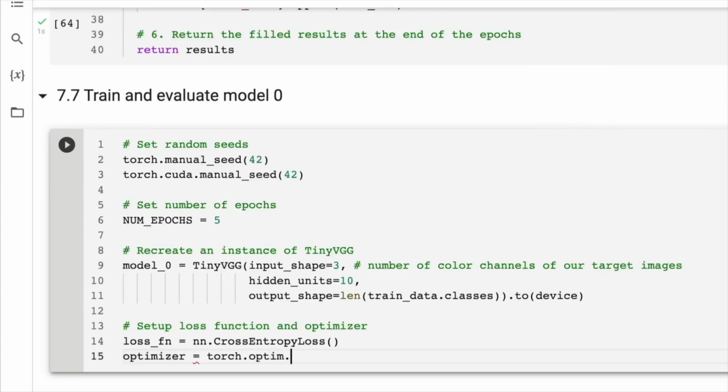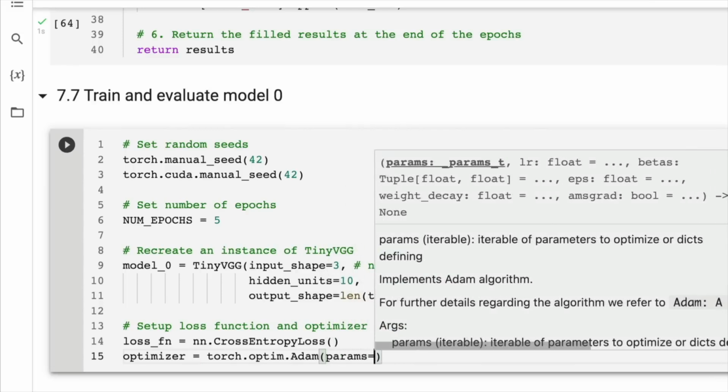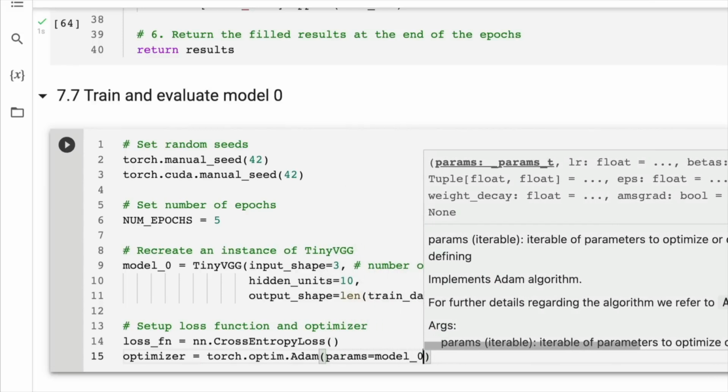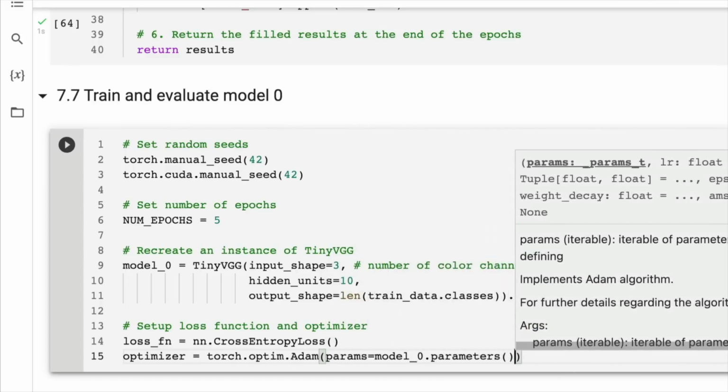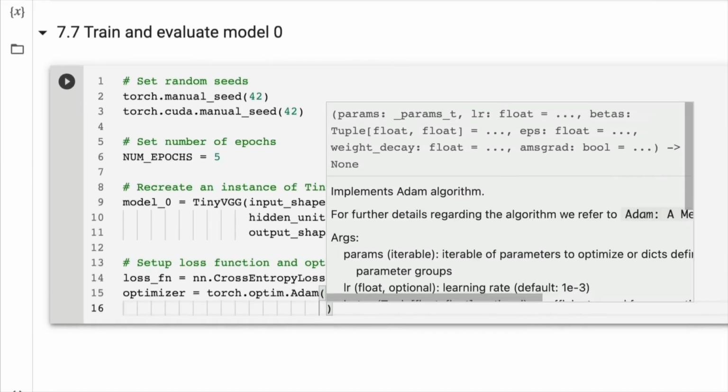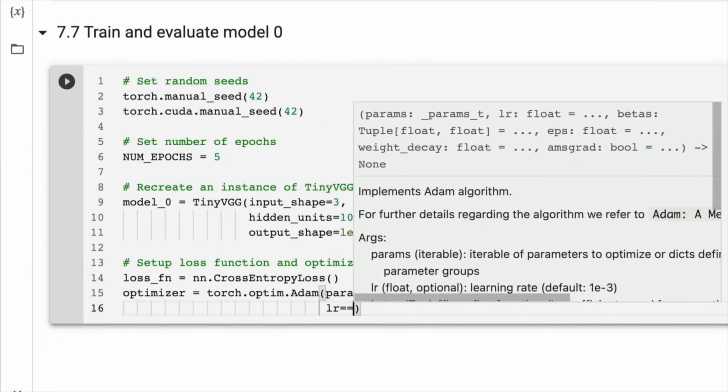Now, of course, the optimizer is one of the hyperparameters that you can set for your model, a hyperparameter being a value that you can set yourself. So the parameters that we want to optimize are our model 0 parameters, and we're going to set a learning rate of